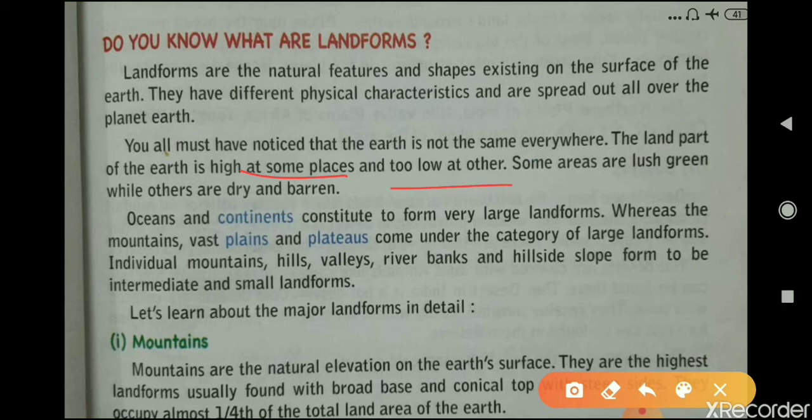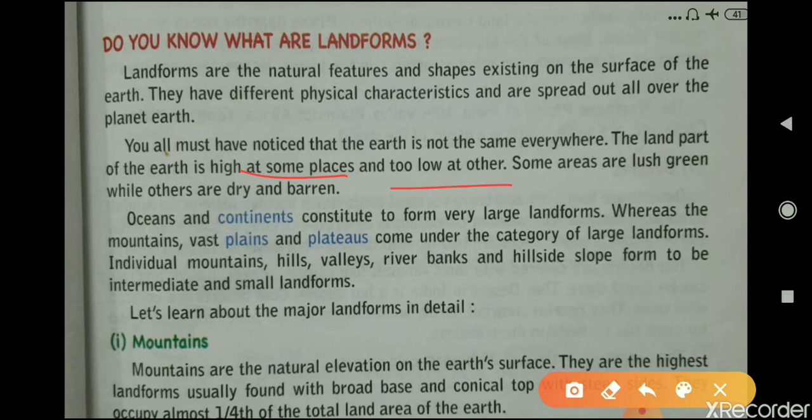Some areas are lush green while the others are dry barren lands. Means कुछ areas जो है बहुत greenery है, वहाँ पर बहुत green है, plants है, ठीक है, फॉरेस्ट में. और कुछ ऐसे प्लेसेस हैं जो बहुत ड्राई और बैरन है. बैरन मीन्स जो वेजिटेशन के लिए लैंड अच्छी नहीं होती है, मीन्स जहाँ पे अच्छे से वेजिटेशन ग्रो नहीं करती है, दैट इज़ नोन एज बैरन लैंड. ओके, सो कहीं पर जो अर्थ के एरियाज है वो काफ़ी ग्रीन है और कहीं पर बहुत ड्राई और बैरन